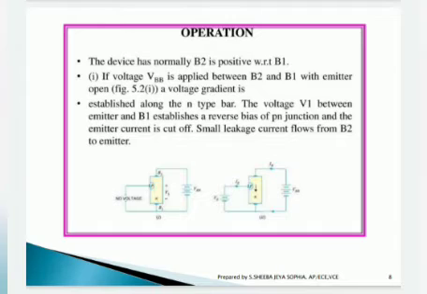Small leakage current flows from B2 to emitter, which you can clearly see in this circuit diagram. The first diagram represents no biasing, whereas in the second diagram biasing voltage is given, and according to that the current starts flowing inside the device.